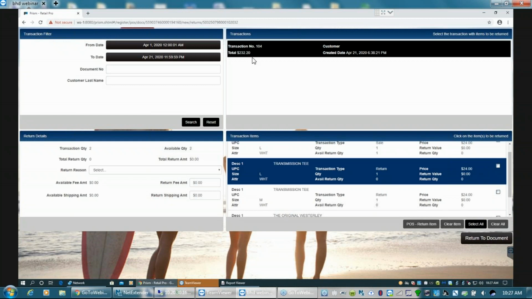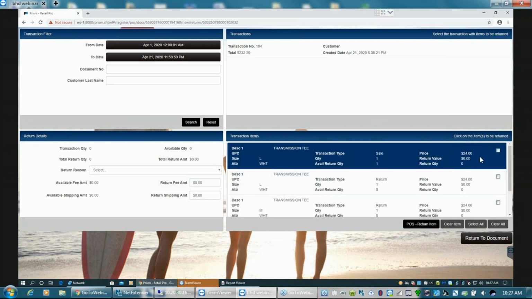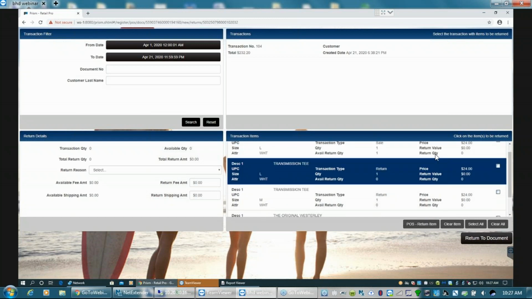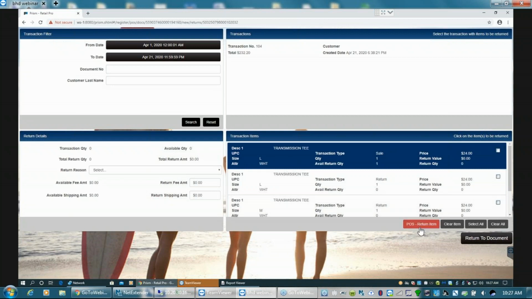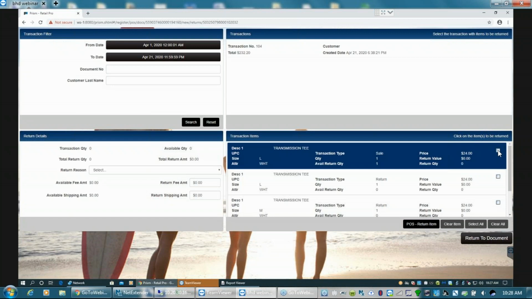All right, so maybe not the one. That's it. Okay, so I picked the wrong item, right? So see if I pick this one, it's grayed out. It knows that's not the one I'm trying to return. This one is the one I'm trying to return. So if I click that to select it,